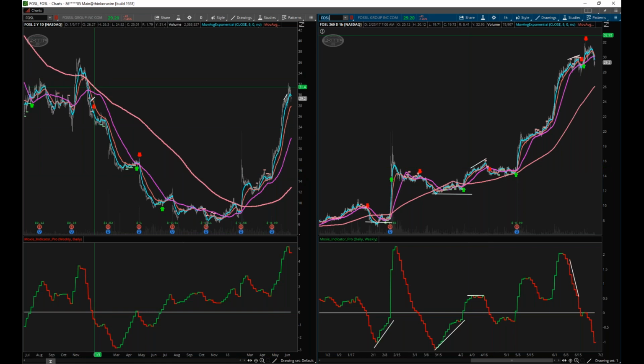Now, if you look at the daily, here's a short entry. It's under the moving averages. Looks great. Here's another short entry. It breaks back below the moving average. Great. But same thing with going long. You don't want to just blindly follow these long entries either, because look, here's where we got our trigger, but we're still under a downtrending moving average. It's not until we finally get past both of these moving averages that price is able to go.